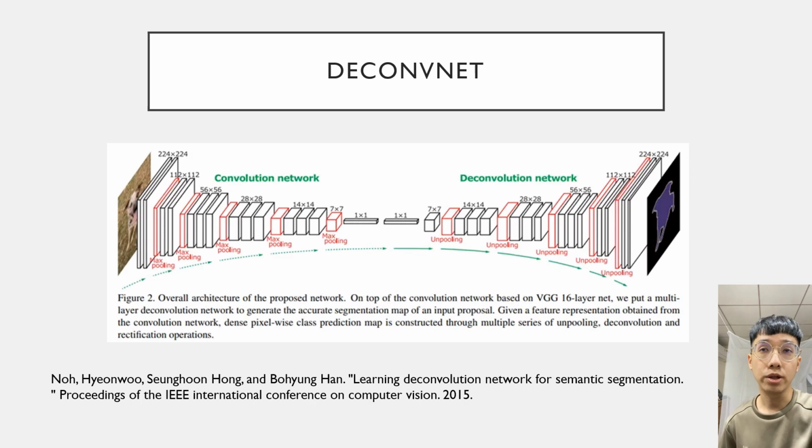It was published in the Proceedings of the IEEE Conference on Computer Vision and Pattern Recognition in 2015. This work introduced a deconvolutional network for semantic segmentation, contributing to advancement in computer vision and image